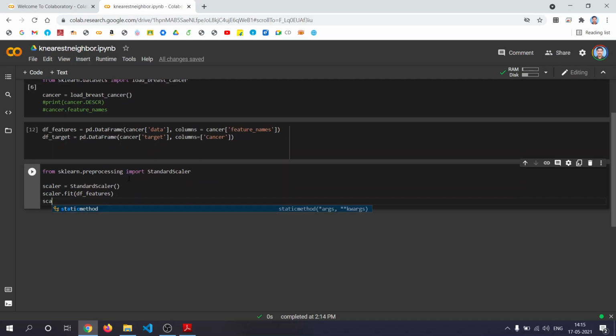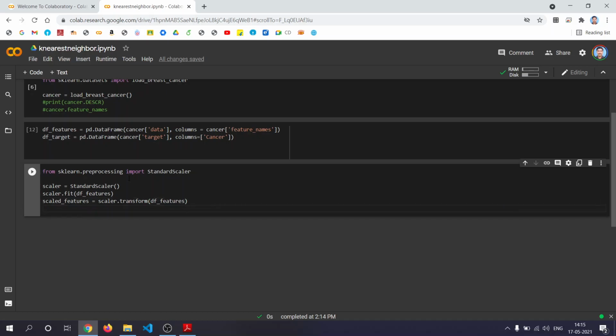Then you create scaled_features equal to scaler.transform of df_features, right?